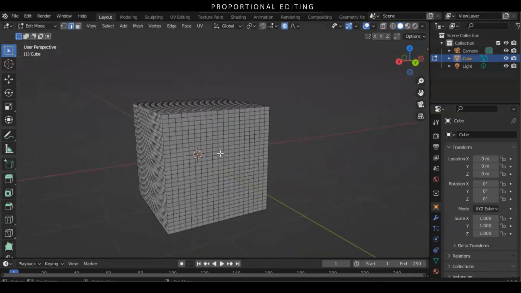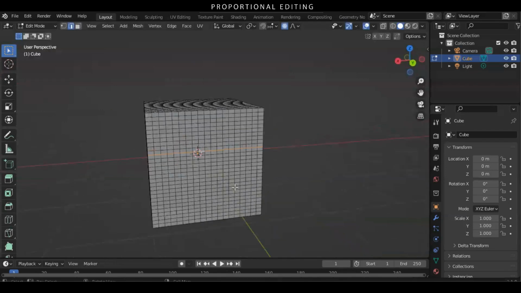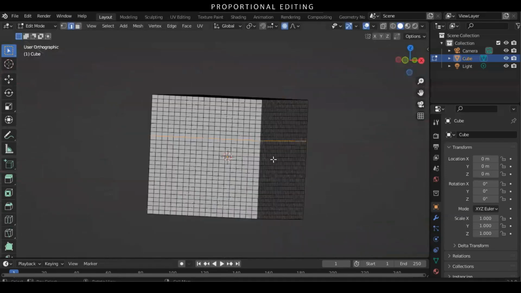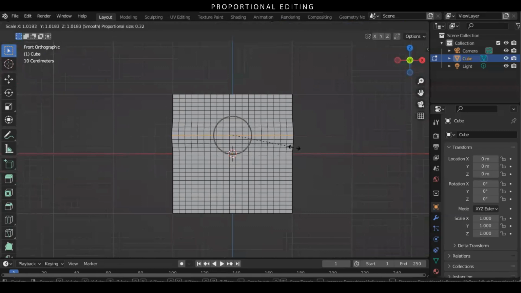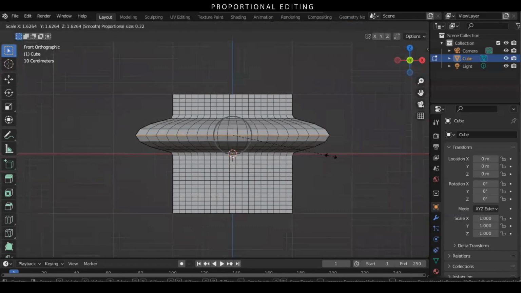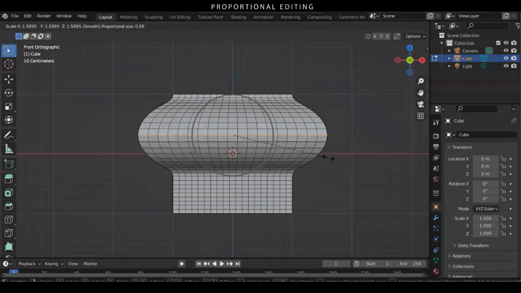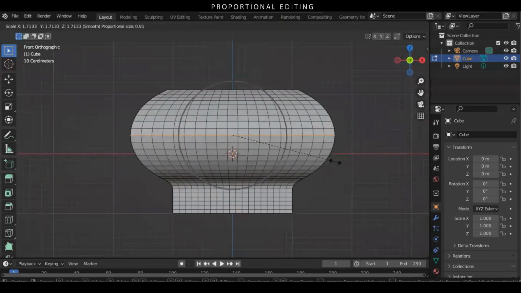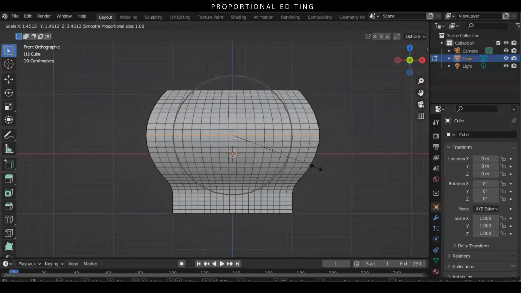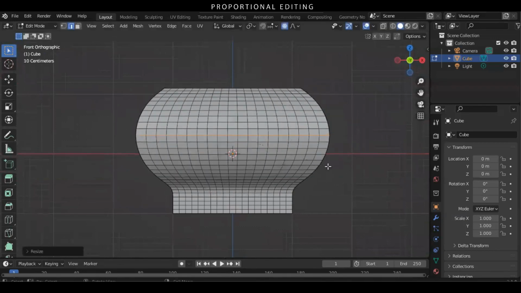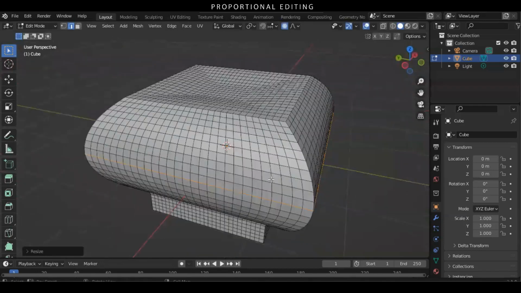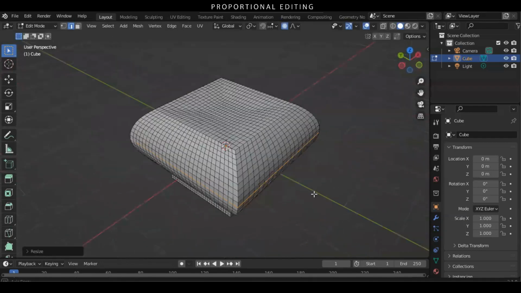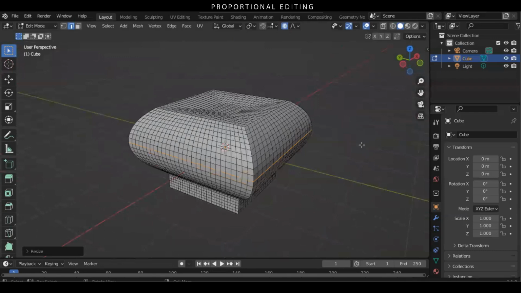So if I go into edge mode and Alt click to select this whole loop, for example, and let's do this in orthographic mode, if I were just to scale that up and adjust the size of the proportional falloff, you'll see we get some really interesting modeling shapes. It could almost be like a vase or a pot or something. So very quickly, it's a really useful tool in a lot of different scenarios, and it'll especially be helpful, I think,